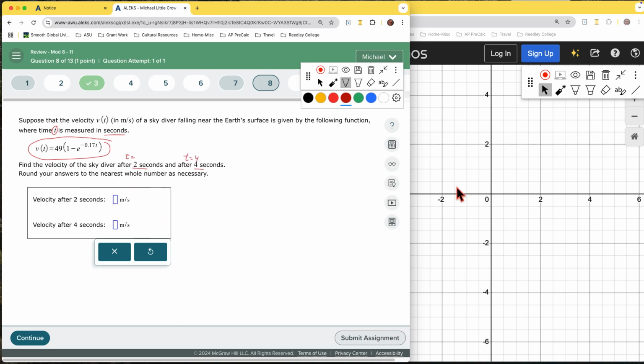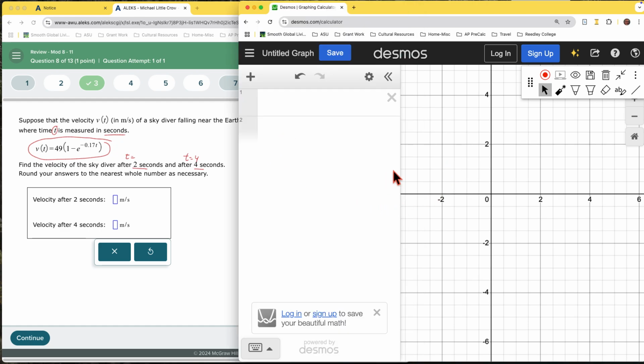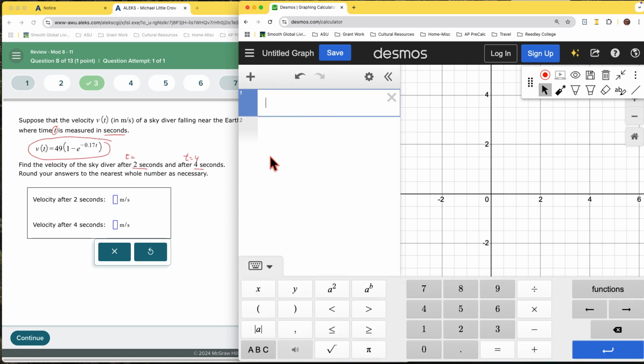A nice way to do this is using the decimals. You do it on the graph. We can also do it with the table, and we're actually going to do both so we can see it in both ways. You can also plug these numbers in on a calculator, so I'll show you that way too. We'll show you all three. So first of all, I'm going to put this in as a function, and instead of v of t, we can just use y equals, and then we type in the 49,